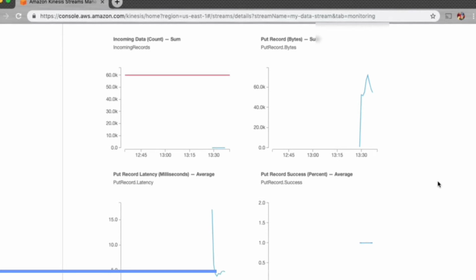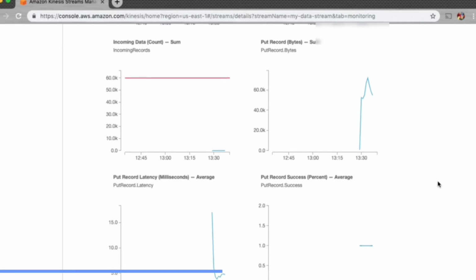So maybe give it 2 or 3 minutes and then check back again. So our CloudFormation template worked and we are already streaming dummy user data into our Kinesis stream. Now, if you are still having issues and you just can't figure out what's going on, then I suggest deleting your CloudFormation stack and recreating it.